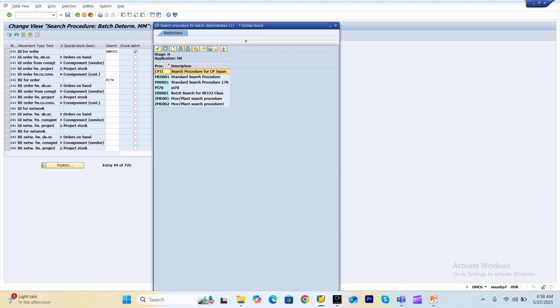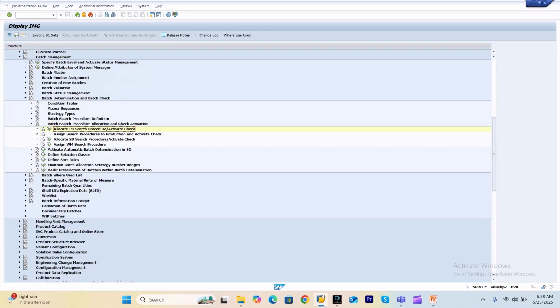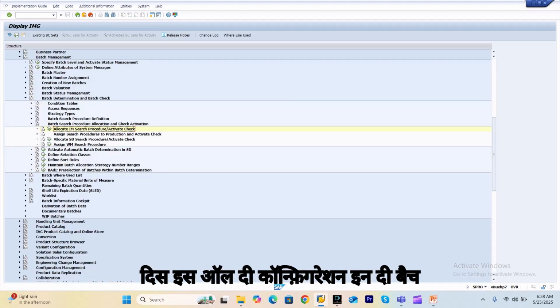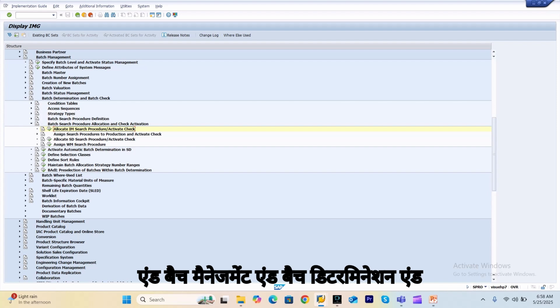So check batch, and you can assign this search procedure here to 261. So this is all the configuration in the batch management nodes: batch management, batch determination